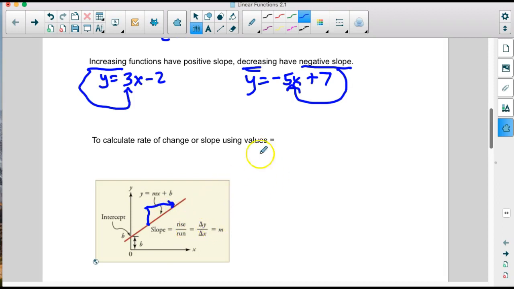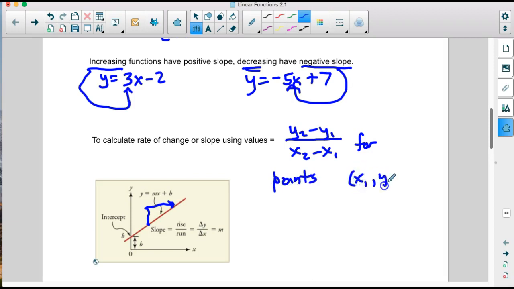Now if we have points, our equation for points is y2 minus y1 over x2 minus x1 for points x1, y1, and x2,